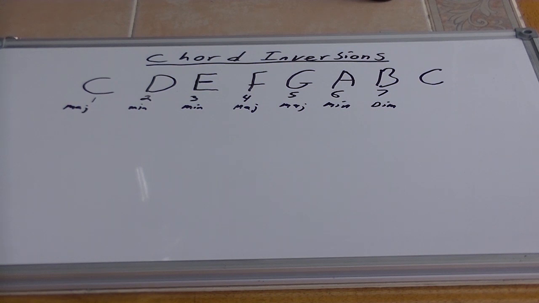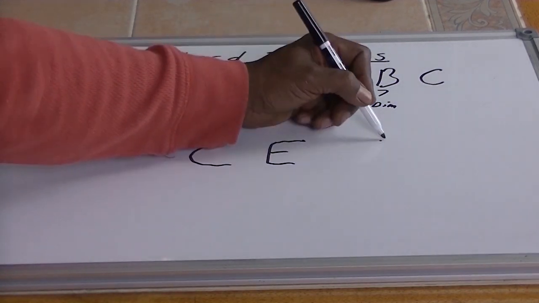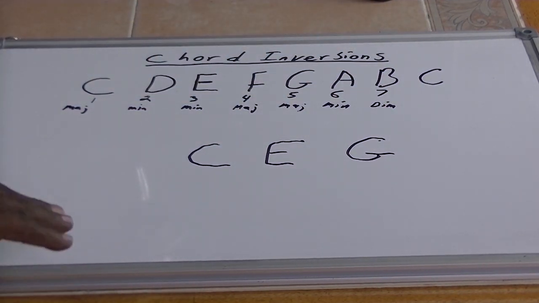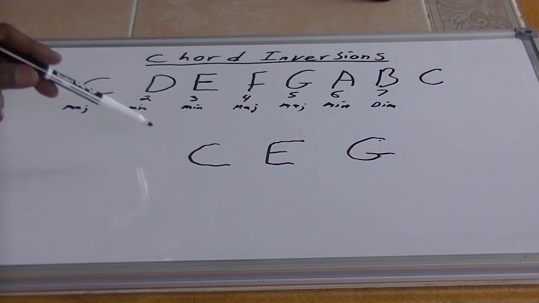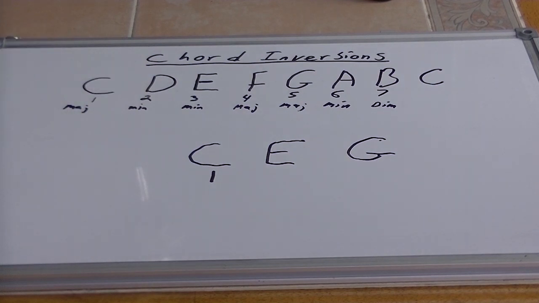So what I want to do is start out by taking a look at the C major chord. And the way that we have come to recognize the C major chord is the notes C, E, and G. And this is kind of how we've always represented the chord. And I want to just analyze what we have here with respect to the scale. We start with the C note, and that's the root note of our chord. So I'm just going to put a 1 under there just to indicate that the C is the root note